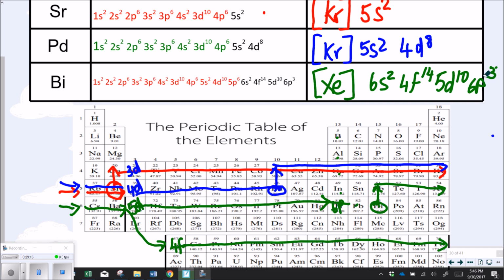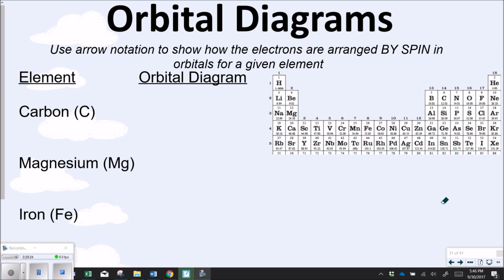Finally, orbital diagrams. How do we draw orbital diagrams? It is easier to first write the electron configuration and then draw your orbital diagram. So let's do carbon. Carbon is over here. It is 1s2, 2s2, and 2p2. Then I know that my s sublevel has one orbital, so I draw a line for an